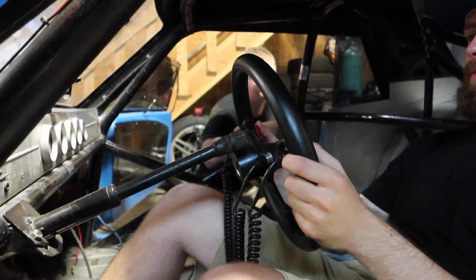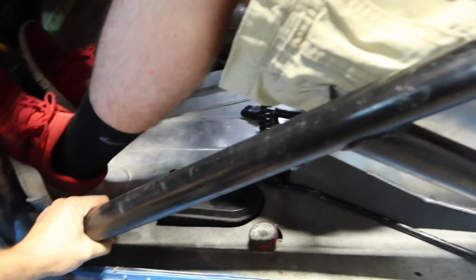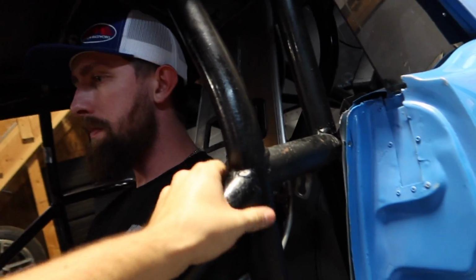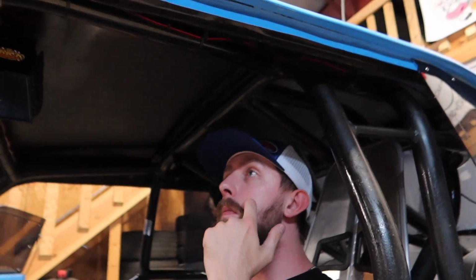It's up a little high right now. Being that it's a mild steel cage, and one other thing is this was a swing out cage, and they welded this stuff onto it. But the welds are healthy, that's for sure. There's a couple that need to be welded out all the way, but other than that, I think the cage itself is structurally sound, and the biggest thing is just getting